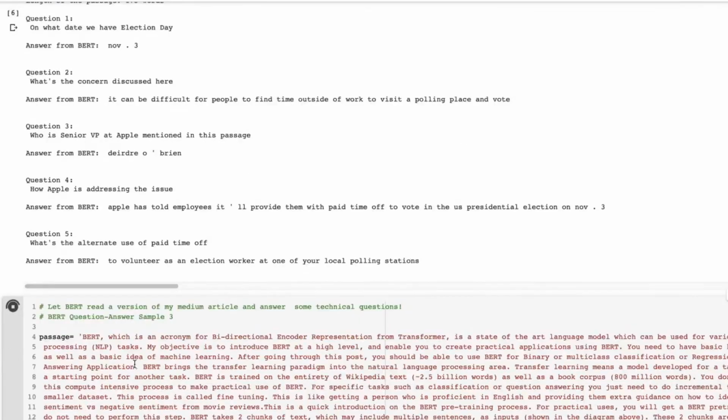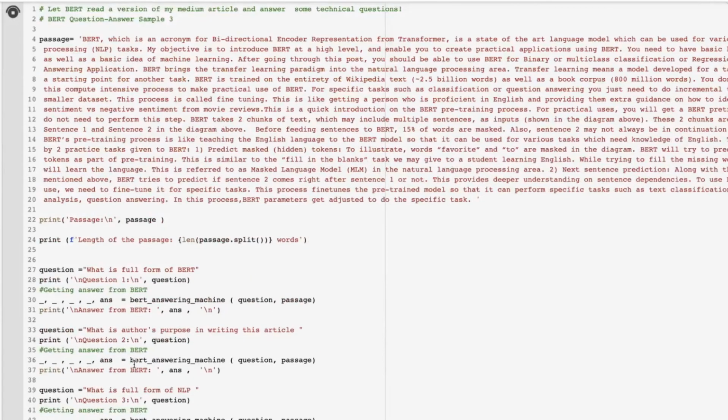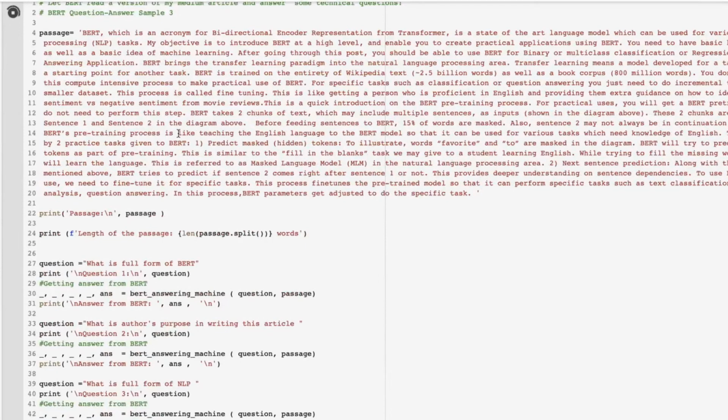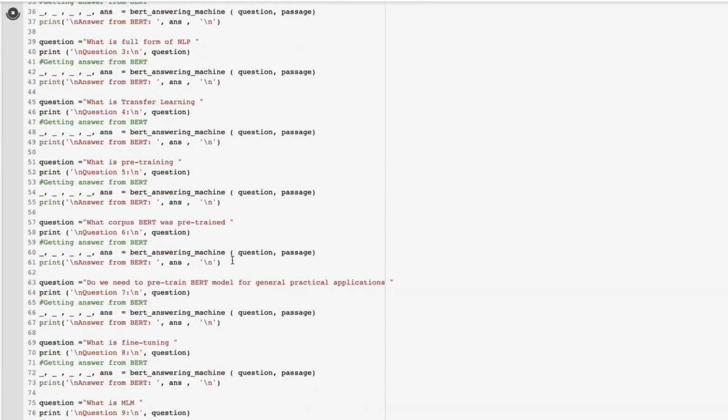third and last example. In this example, I took the BERT article. This is not exactly the article which is on Medium, but this is one version of the article, and I am putting many questions here.